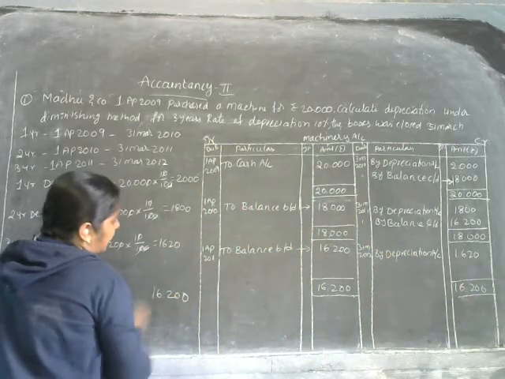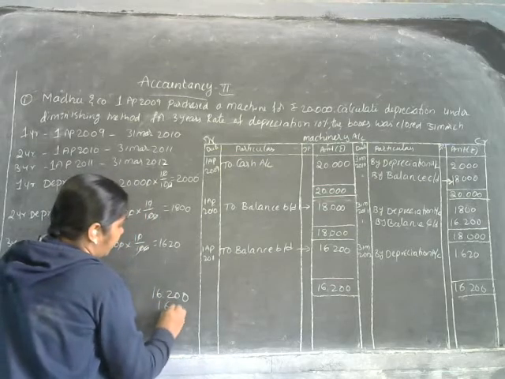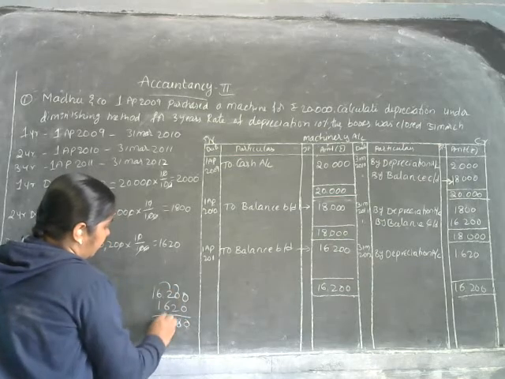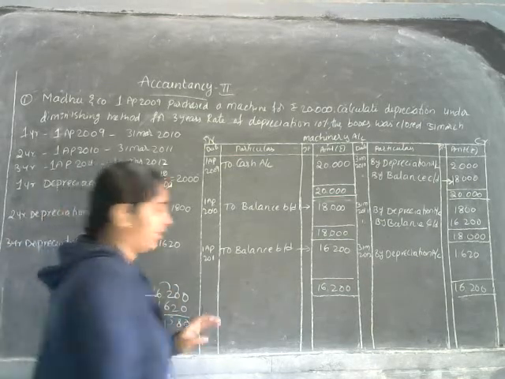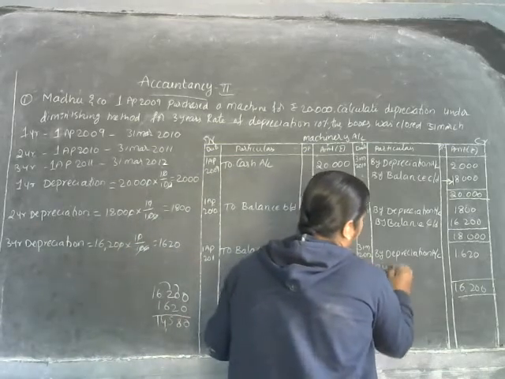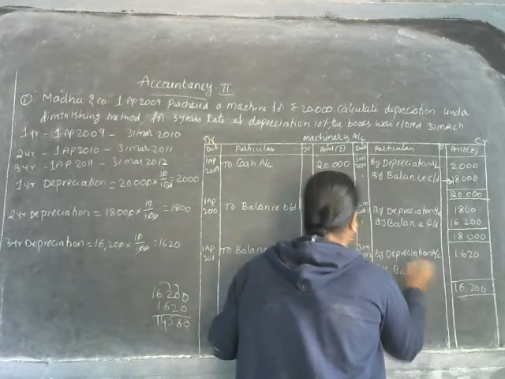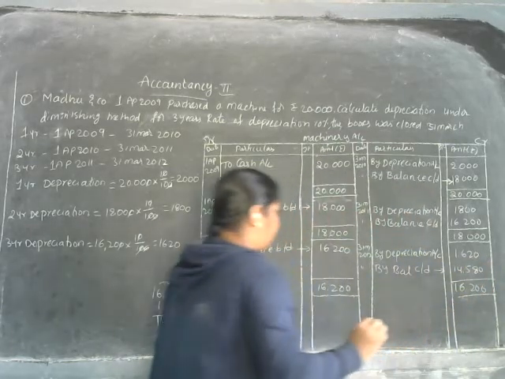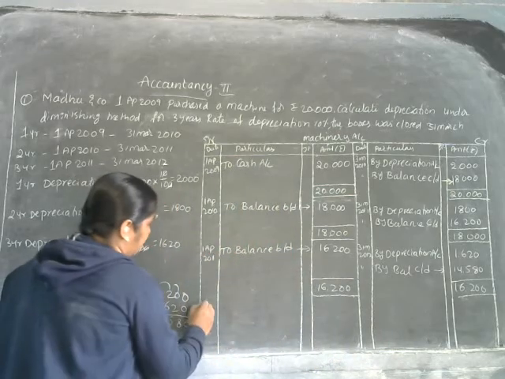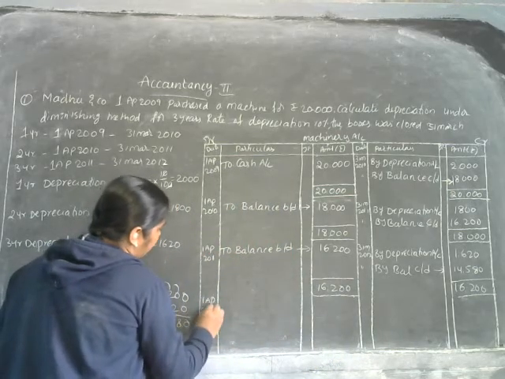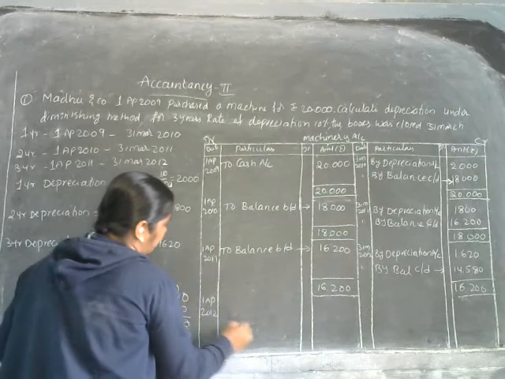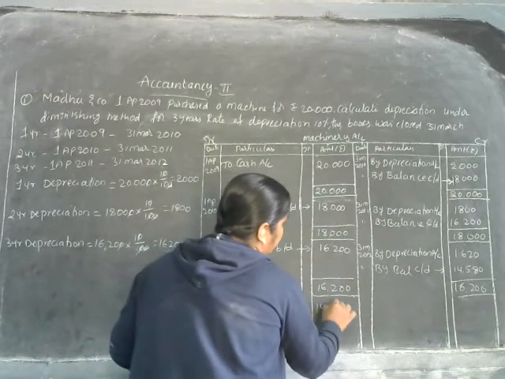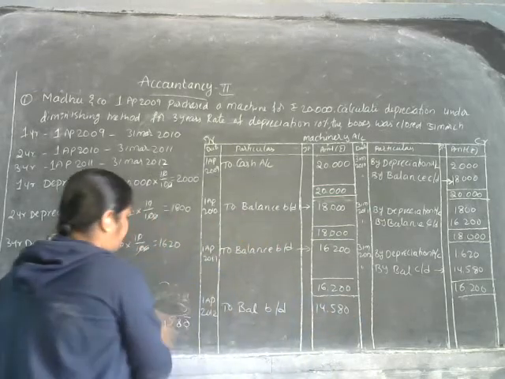16,200 debit side total, credit side is 1,620 rupees is there. 0, 8, 1 is there 11, 5, 5 is there 4 and 1. 14,580. So write down same amount by balance carried down 14,580 and brought on to the next year. Next year means your fourth year. So fourth year means 1st April 2012. So here 11 is there, the 12 is. So right here, to balance brought down 14,580. So it would చూడండి.